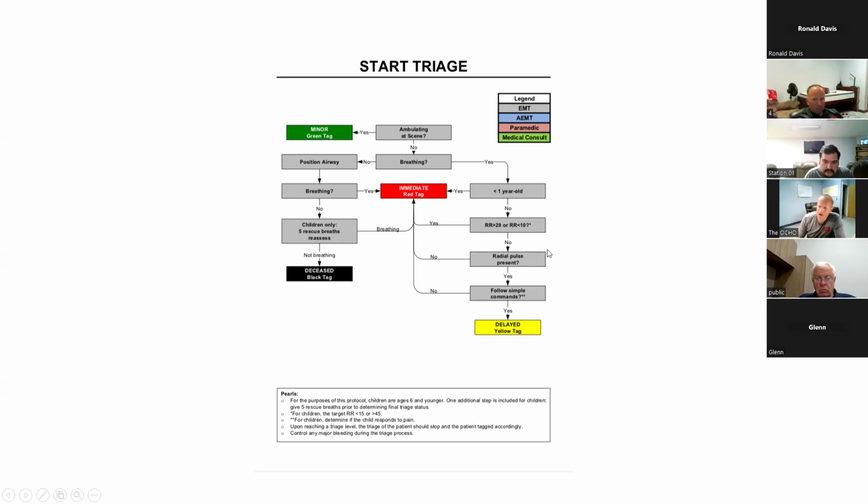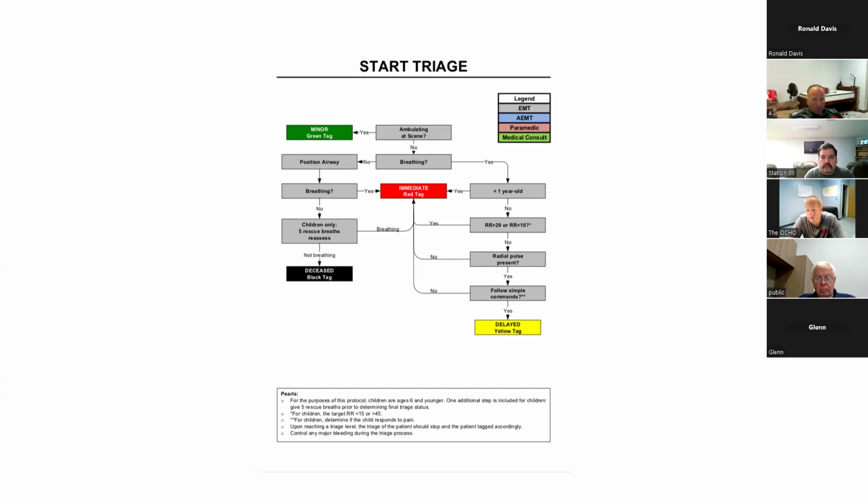Let me check. So I grab Ed's arm and I'm feeling for 10 seconds. Do I have a pulse? Yes. Okay. Follow simple commands. Hey Ed, can I have your hand? Now we're over a minute. Just to save time, how to get this rapid triage is you go